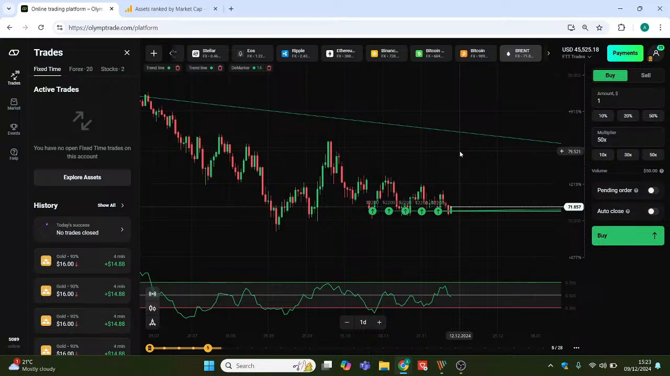So experiment. There are no very strict guidelines as to which multiplier to select. It all depends on your experience, and it also depends on how much money you have in your deposit, and how much you're willing to risk, and how sure you are in a trade. Because of course,